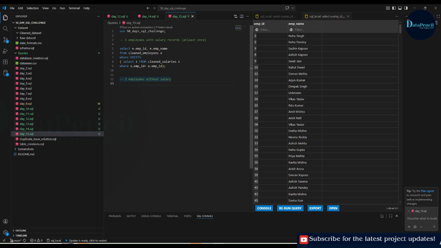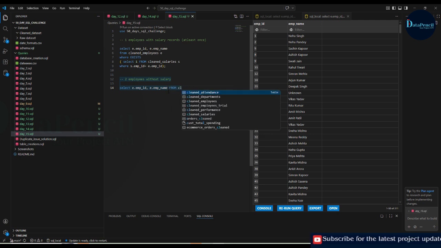If employee ID does not exist in this clean salaries table, then return such employee IDs in the result window. Okay, so how to write it? For that, we will simply write select our employee ID, comma, employee name from clean employees table